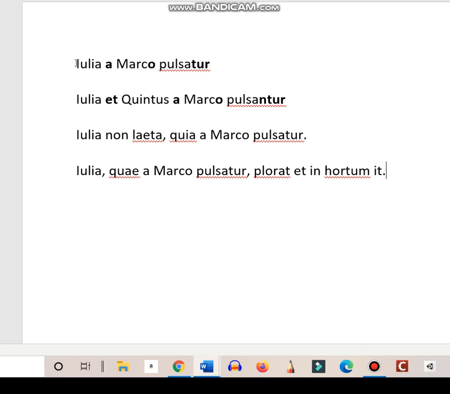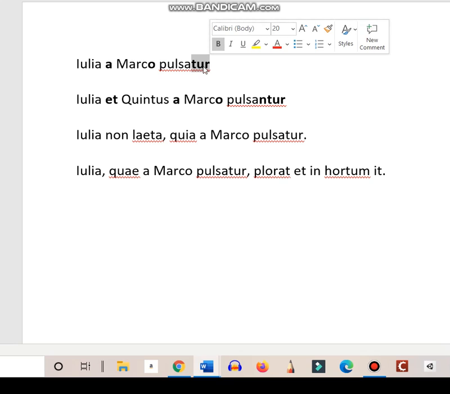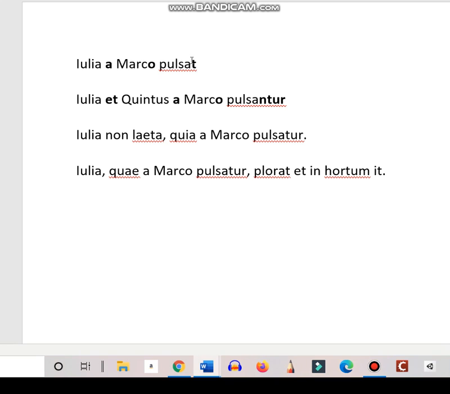So the thing to remember, of course, is that the way you figure out whether it is passive or active is, does it have this TUR or NTUR ending? And if it does, that means that it is a passive voice sentence. Whereas if it doesn't, if this were to just be pulsat, then it would be an active voice sentence, although this particular sentence might not make much sense in active. But anyway, the point is that